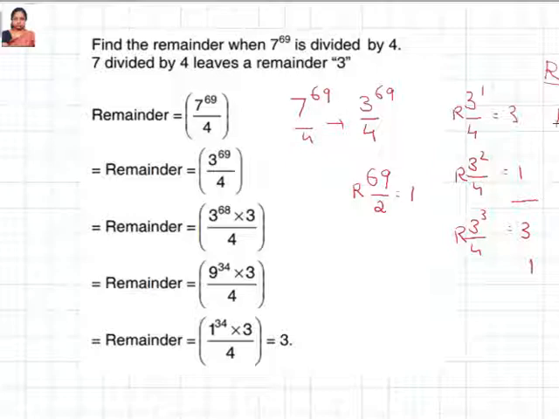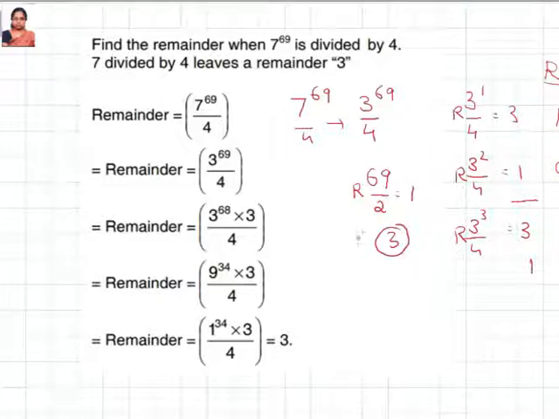If the remainder is 1, it's going to be first in the cycle, and the last is always going to be 0. So here there are only 2 cycles. Cycle is 2, so you will have 1 or 0 as a remainder. If it is 1, it's going to be 3. If it is 0, it's going to be 1. So now we are getting 1, therefore the answer is 3. This is another way of doing it. Okay. So we'll go for the next, which is negative remainder. That we'll see.